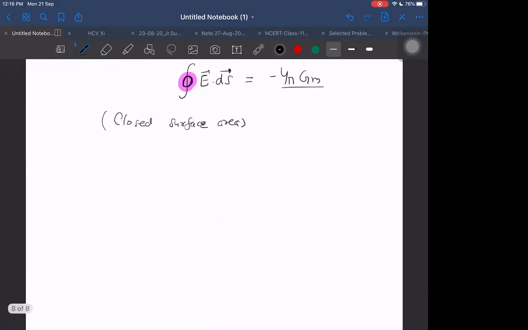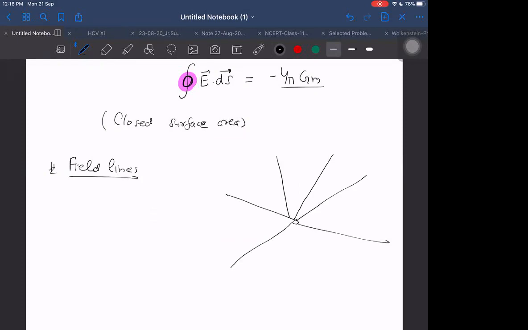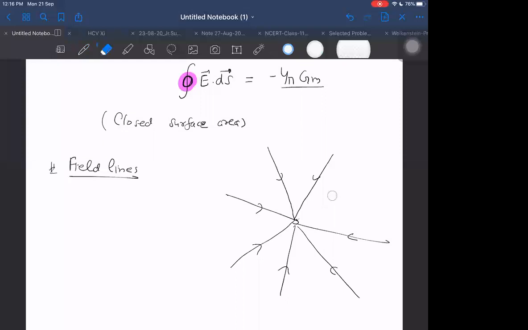There is also something called field lines. Field lines means I can draw imaginary lines entering into the mass from all directions, spaced equally from each other as far as possible. These field lines give us an idea of the field strength, and also the direction of the field.